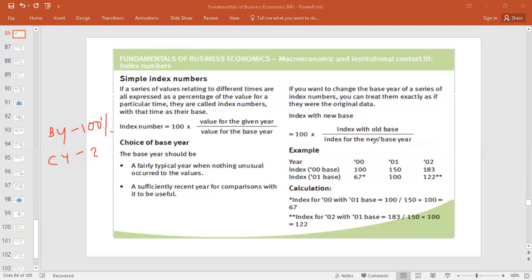So old base, if it is 100%, new base is what percentage? So the same logic applies here. So we have